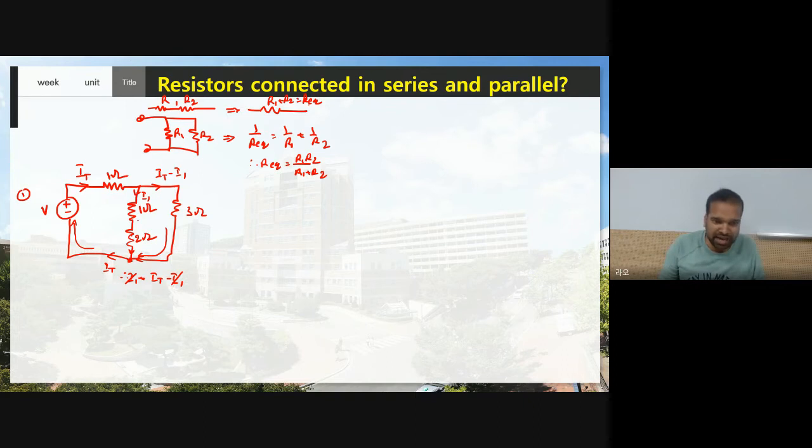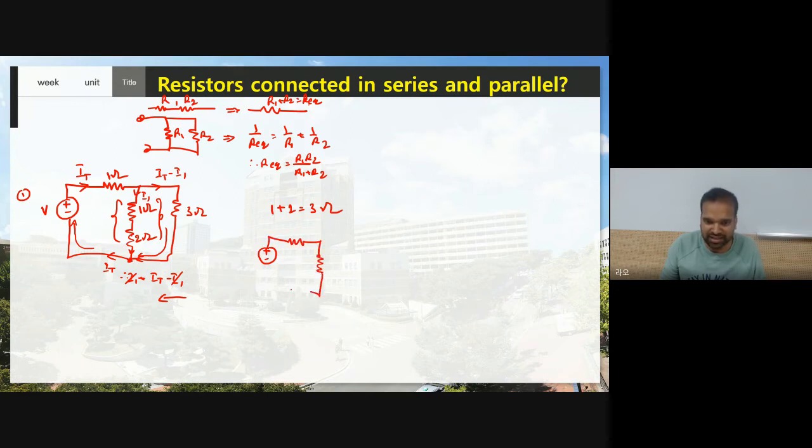Now if the same current is flowing, then the elements are connected in series. Therefore, whenever you solve this problem, try to solve from left hand side to right hand side. Here these two elements are connected in series because the same I1 current is flowing through 1 ohm and 2 ohm. Therefore, if elements are connected in series, we need to add them. So 1 plus 2, 3 ohm. So instead of these two resistors, can I replace one single resistor with the value of 3 ohm? Yes, why not?